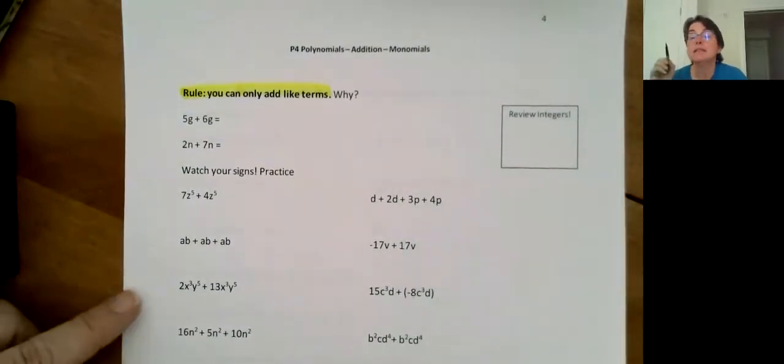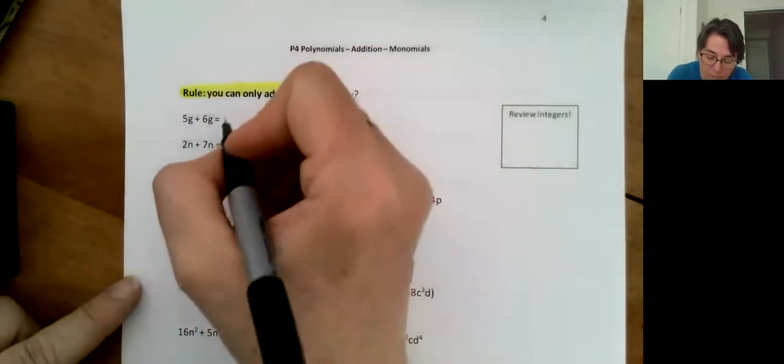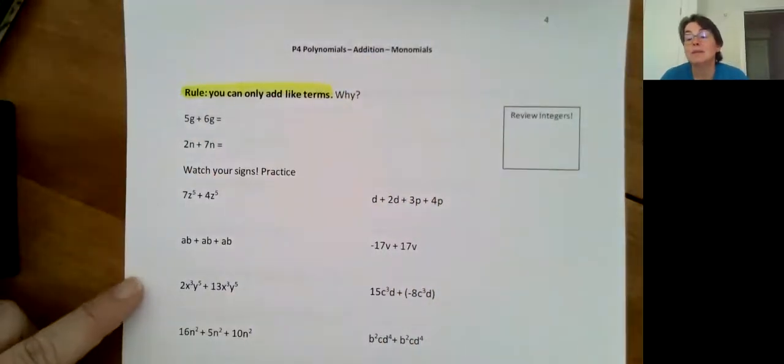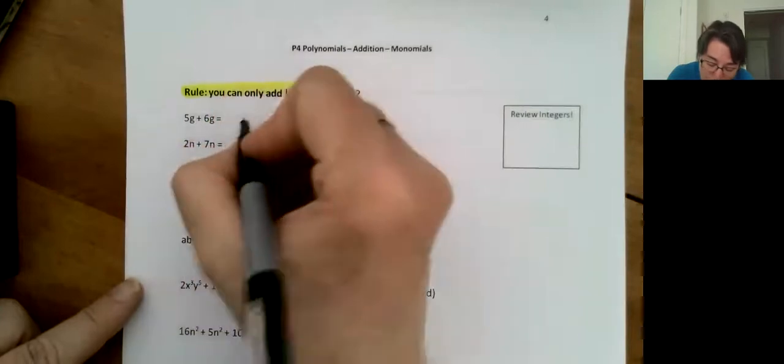And here's where you're going to see how the second video, where we were breaking stuff up, is going to make sense. So 5g plus 6g. See, most people will get 11, but then they get this brain fart of, now is that 11g or is that 11g squared? Here is the magic. If you break it down,